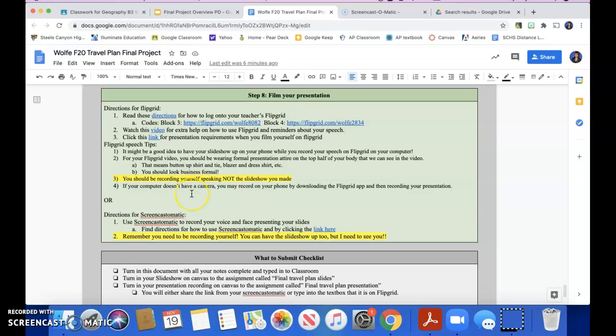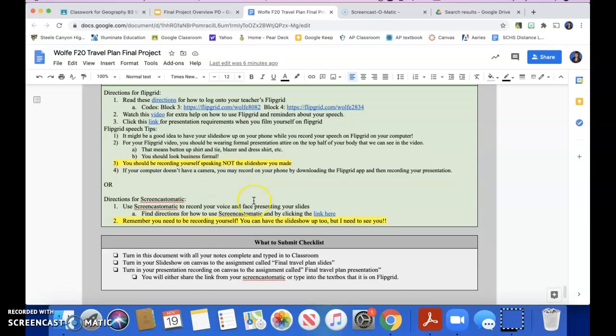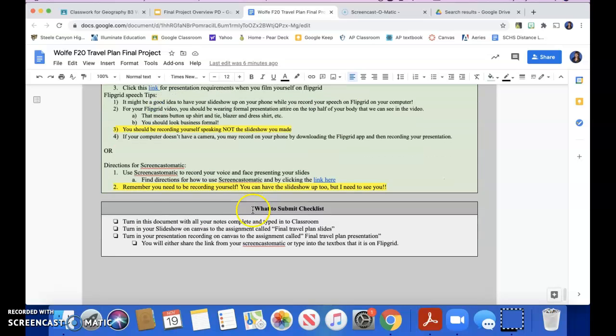Just make sure that you are not recording only your screen and your voice. I need to see you. I need to see your face. I need to see your eye contact. I need to hear how well you're saying the words and how loudly you're speaking and all that kind of stuff, what kind of gestures you're using. So I have to see you. Cannot just be your voice, okay? And we'll get more into what we should be doing while we film later.